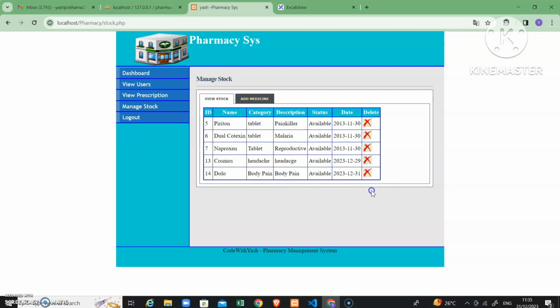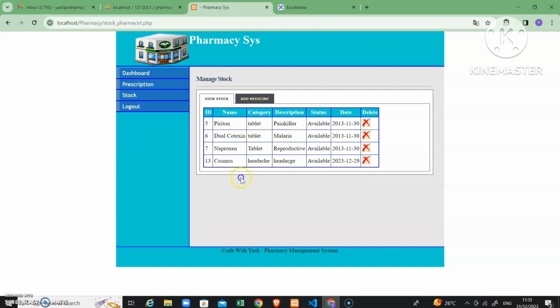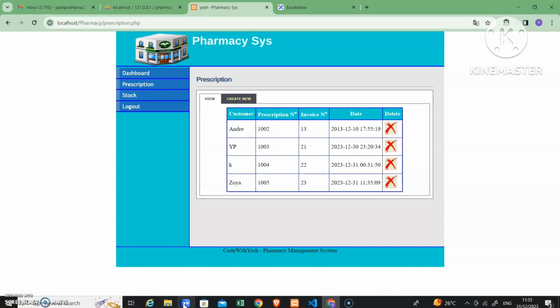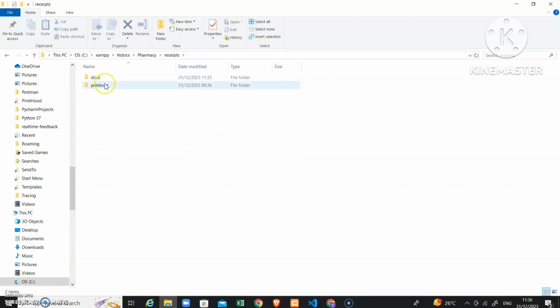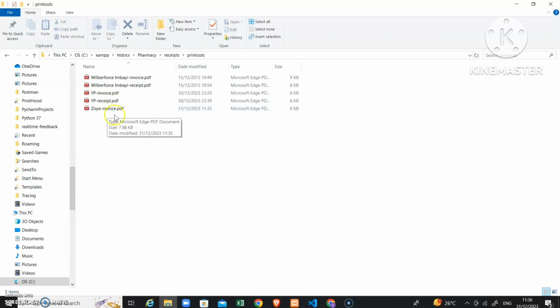If he wants to delete this medicine, he can also delete it. As earlier we created one new prescription, you can see that the Zoya invoice PDF is created, which is created on 31st January, and today's date is also 31st January. So we will open this PDF.